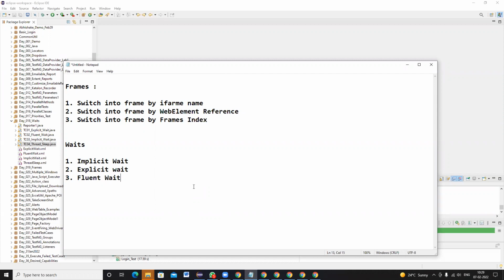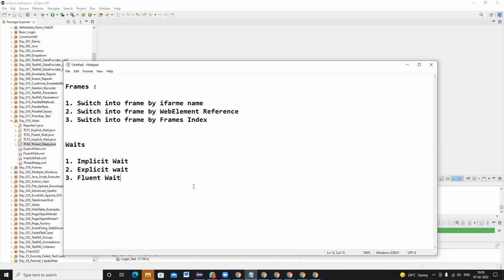And wherever web elements load for more than the default implicit time and need special handling, we can use either explicit wait or fluent wait. That's it on the waits concept and the synchronization part. Synchronization means the driver has to wait until the web element is displayed, and only after that perform the click operation.